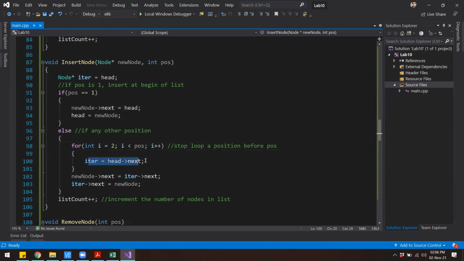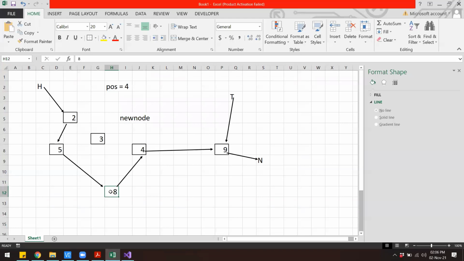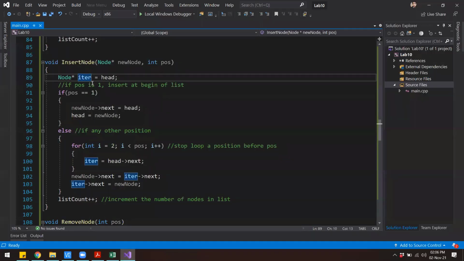And what is this doing? You will notice that at the very first line in this function, we have created a pointer to a node, and we have given the name iter or iterator, right? And that is the name that we are going to assign to this node. So whichever node we are looking at, we will give this name to that node.